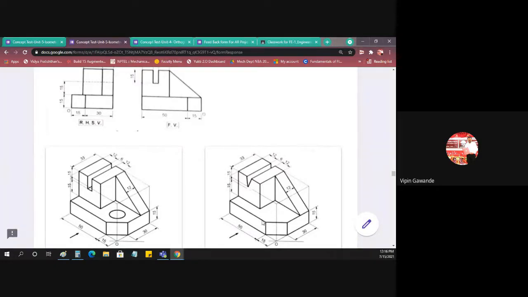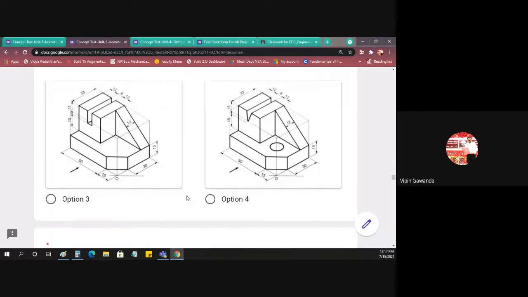Now this one, we have two rectangles, one rectangle and this rectangle. That is correct. Then this triangle is also there. But this cutout here is a rectangular cutout, while in this case we have the V cutout. So this is also not the correct option. We want the rectangular cutout. Here this is also a V cutout and circular cutout. We don't want circular cutout and V cutout, we want rectangular cutout. So what is the correct option for this problem?